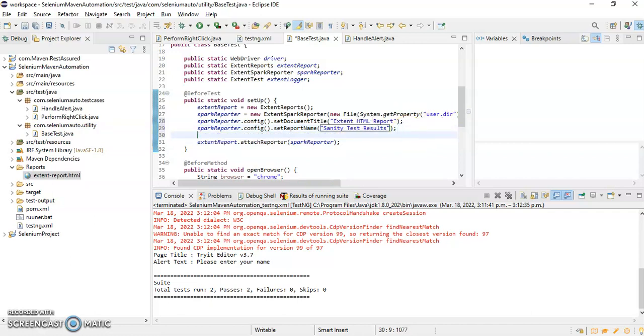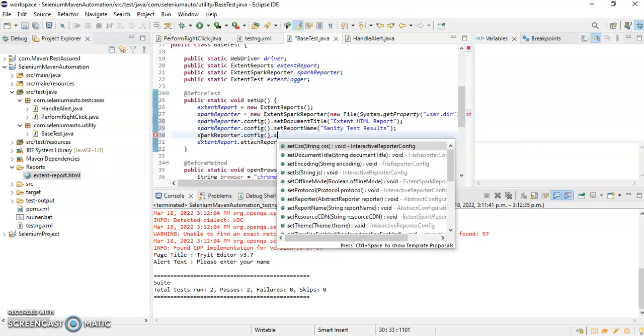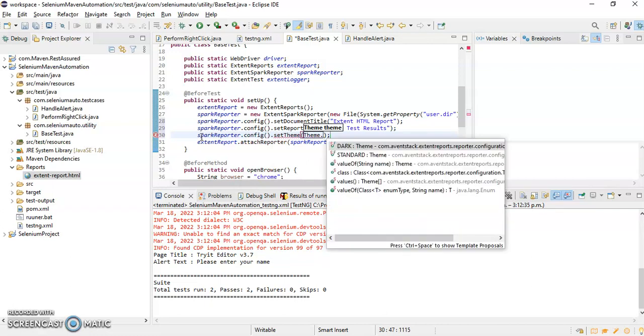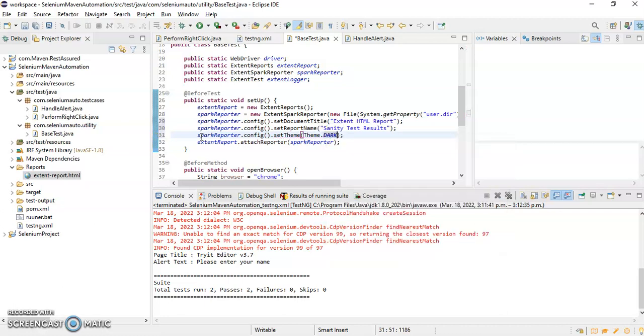And I can also change the theme. So I can write sparkReporter.config.setTheme. I can write Theme.DARK or Theme.STANDARD. As of now we have generated the report using the standard theme. Now I will go for the dark theme. So let's save it